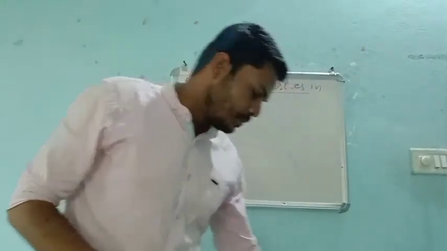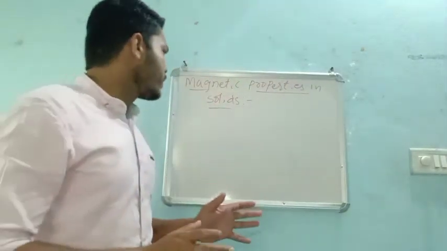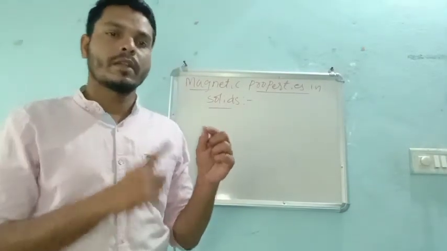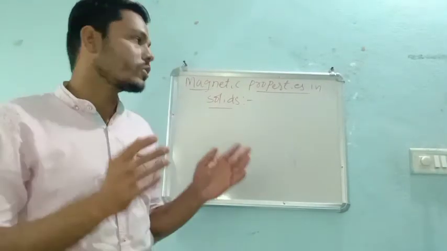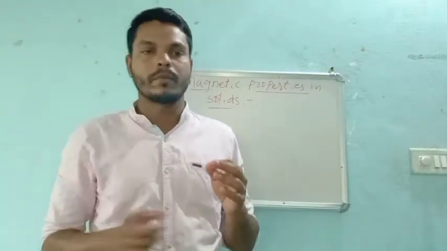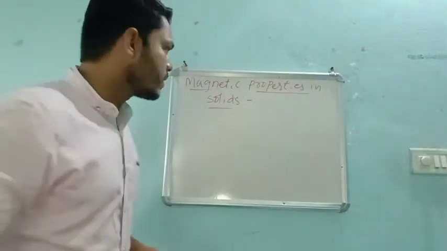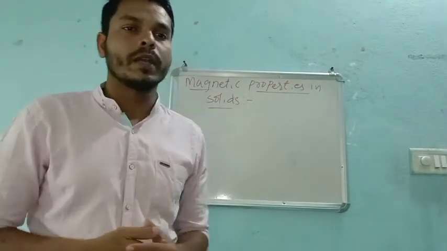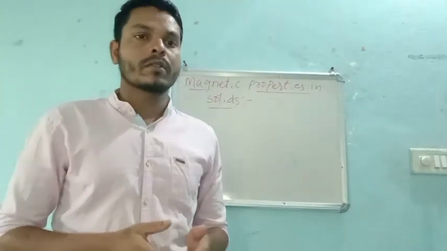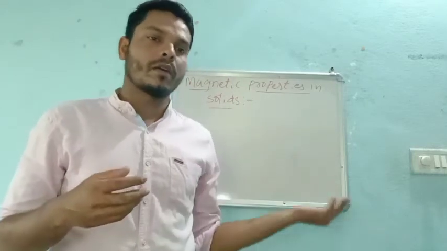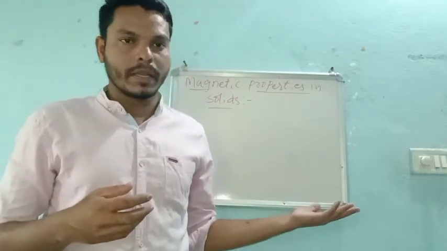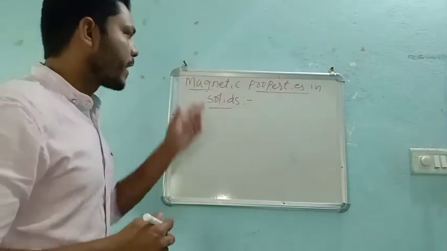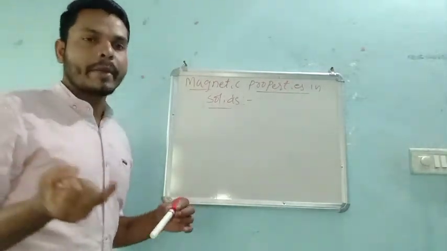whenever there is an electron present, there will be motion. Definitely the electron will not be stationary, always it will be in motion, right? If it is in motion, definitely the magnetic property will come. If there is no electron, then there is no question of magnetic property, right? So till now what we studied about the magnetic property is nothing but diamagnetic as well as